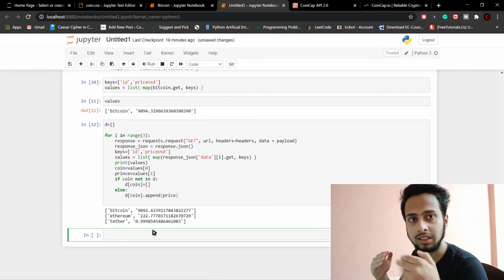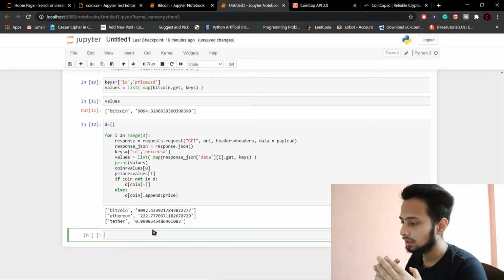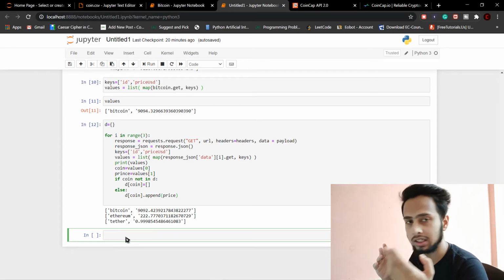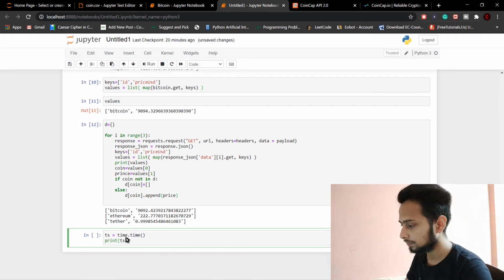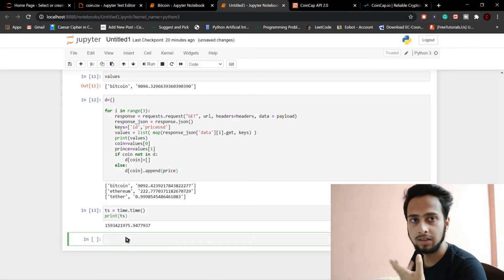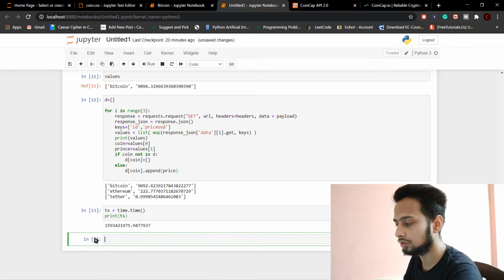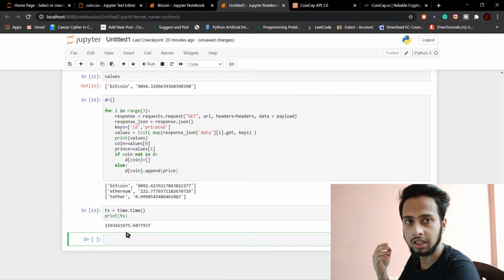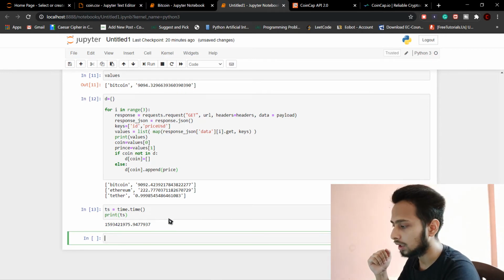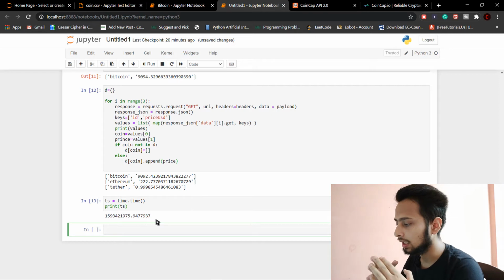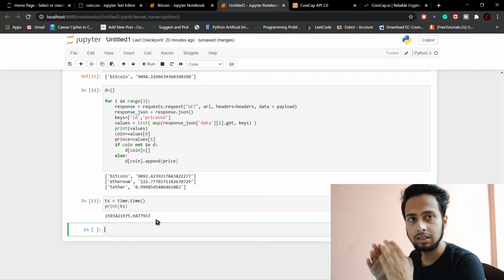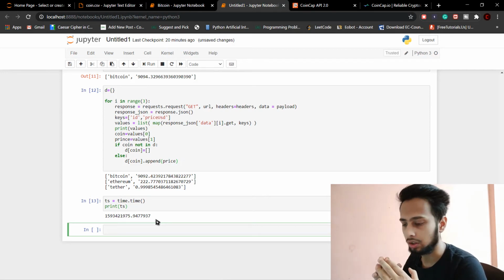So for that we need another loop, and so let us just see how we are going to use another loop. Okay, now let us see how you can add the timestamp here, because we also need to get the time at which the price was that. So for that we can just use this. time will just basically give you the time, and this is basically to show you how we are going to use the time inside our program. So now we have to write a loop that is going to get all the prices of the Bitcoin and keep on getting them, as well as track our timestamp. So for that,